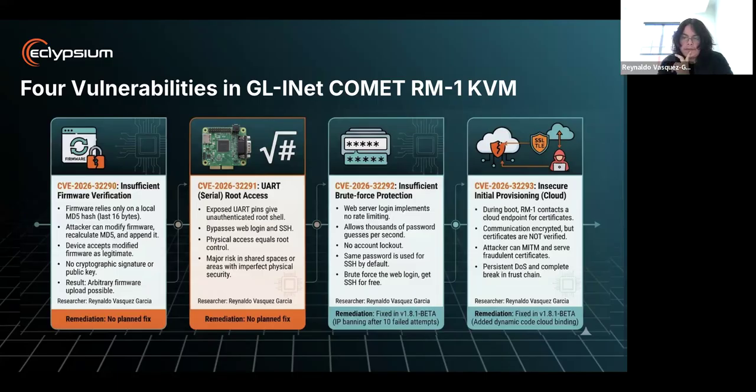The insecure initial provisioning cloud was definitely interesting, because it does a really weird retrieval for its certificates, and it only does it once upon boot up. You could pretty much just break the chain of trust. How do I explain this? You could block the request with a man in the middle, and